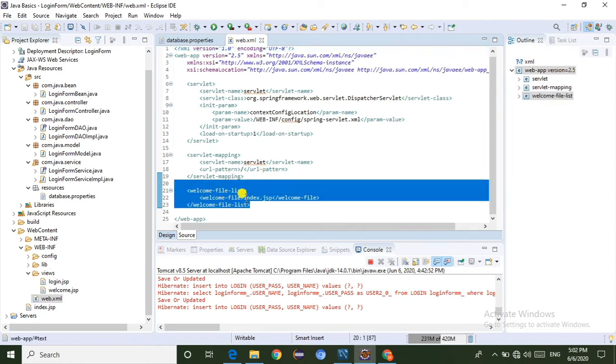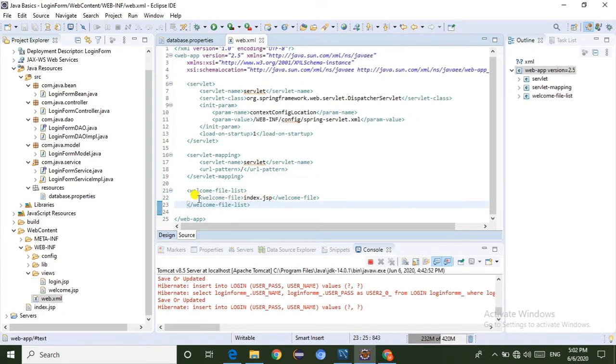The welcome file list is nothing but the landing page details it maintains. Here we can see the index.jsp file, which is the landing page URL.